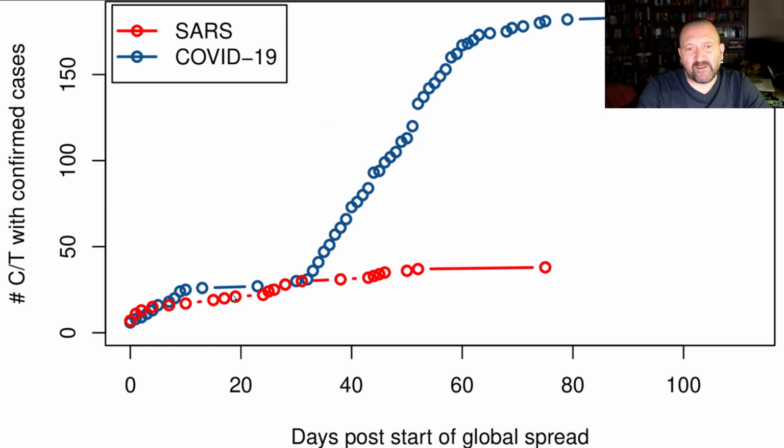And what you can see is that originally things look quite the same. The number of countries and territories reporting cases sort of follows the same trajectory until about a month into the pandemic, at which point SARS itself spread to a few more countries and stopped spreading after about 80 days,